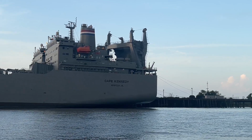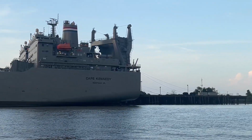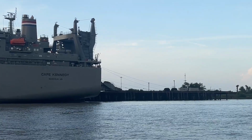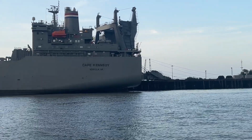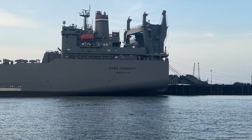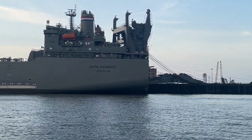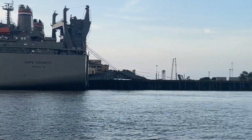These ships are very fast, and they're powered by steam turbines. Look at the ramp on the inside ship. You can see it's folded out up to the dock. That's why they call them railroad ships. Roll on, roll off. You see that tugboat pushed into the levee over there, typically